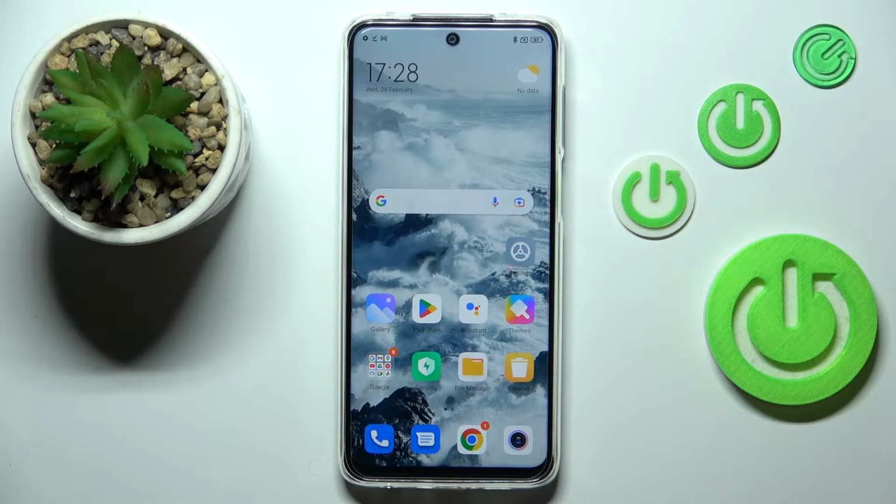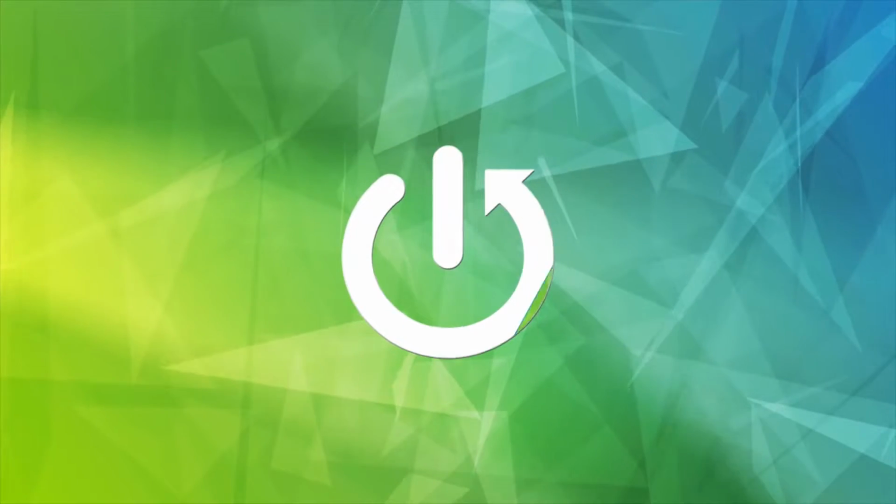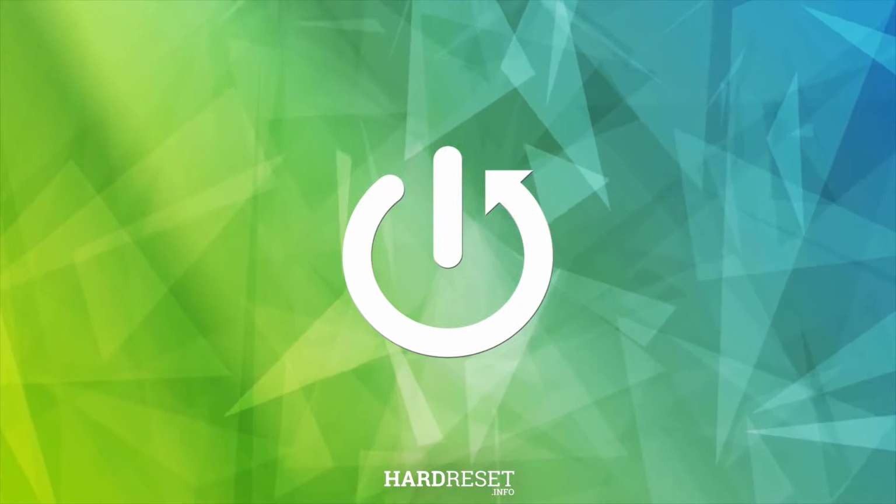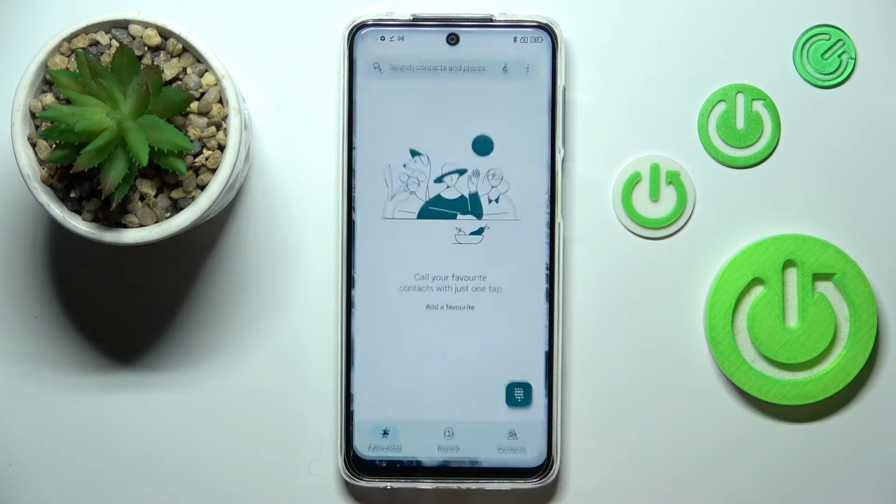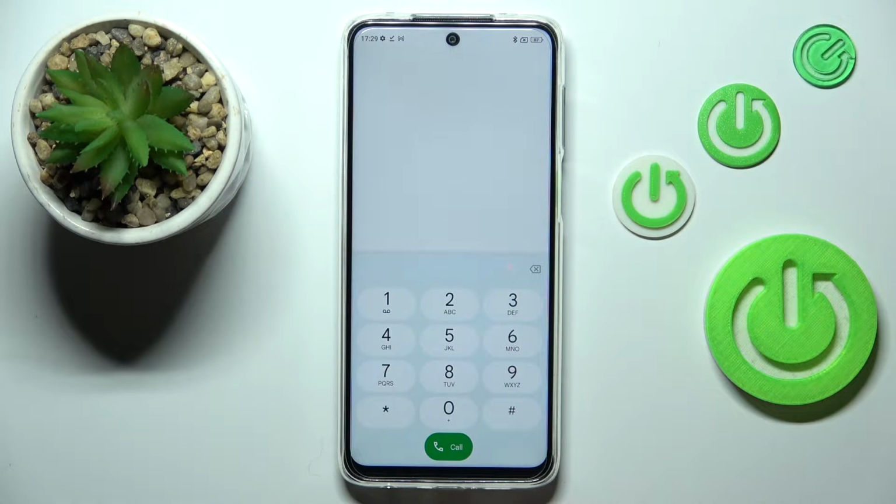Hi everyone, in front of me I've got Redmi Note 10 Lite and let me share with you how to use secret codes on this device. So first of all, let's open the dialer as it is the place where we can enter all of those codes. And let me begin with the shortest one and probably the most known, which is